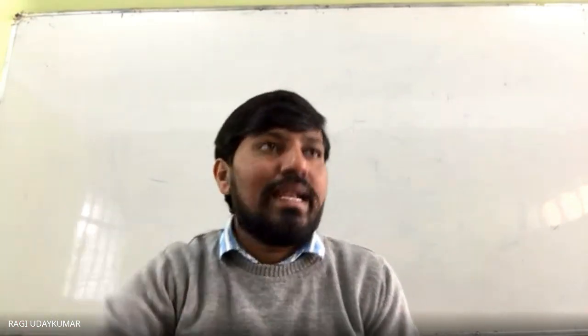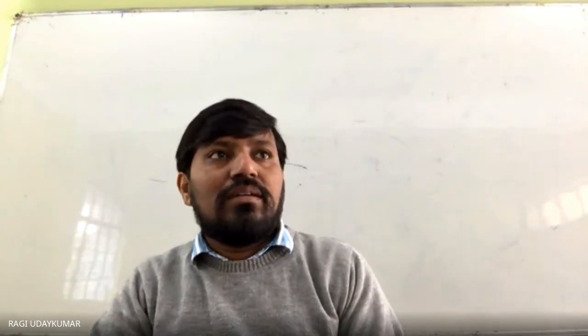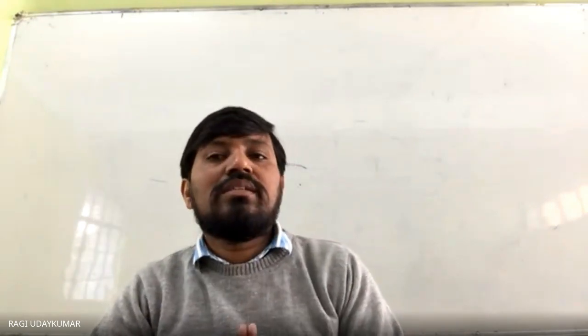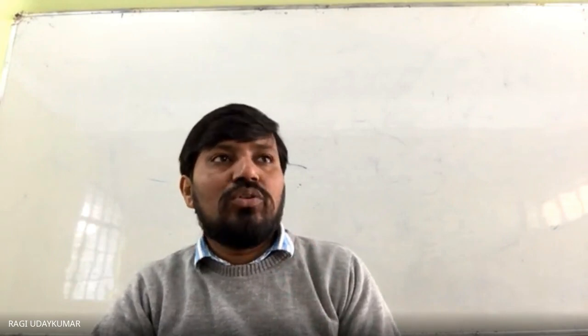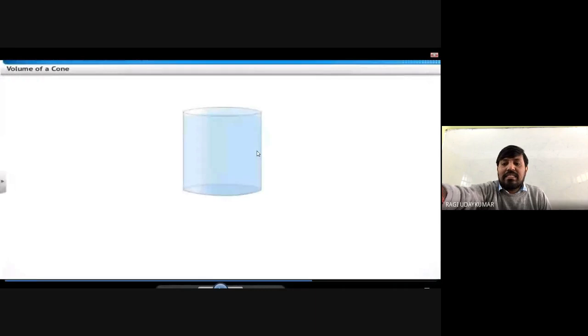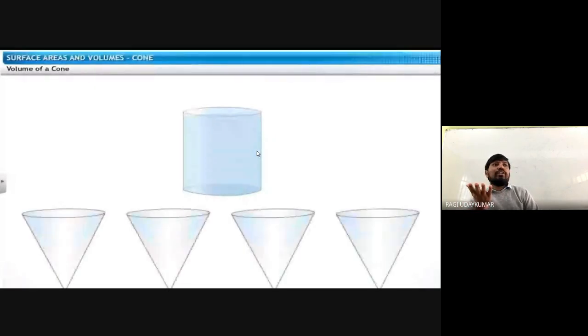So the lateral surface area or curved surface area of this right circular cone is pi r L. Half into L into 2 pi r, and the 2 will get cancelled, then we get pi r L. That is the curved surface area, and total surface area means the area of the base should be added to that.